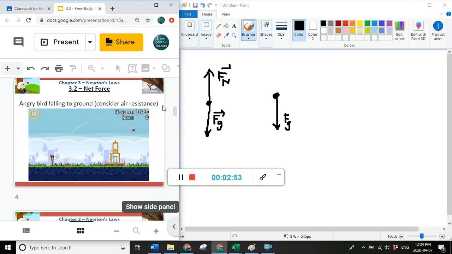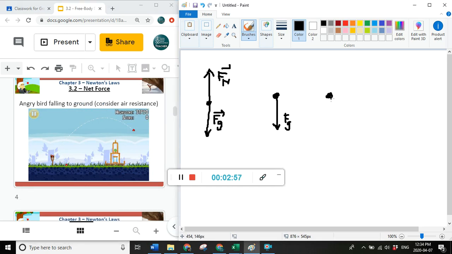An angry bird falling to the ground. This time we're going to consider air resistance. So we're going to start with a dot to represent the bird. I draw my force of gravity down, Fg. Again, there is no applied force, there's no normal force, there's nothing else acting on the bird right now except